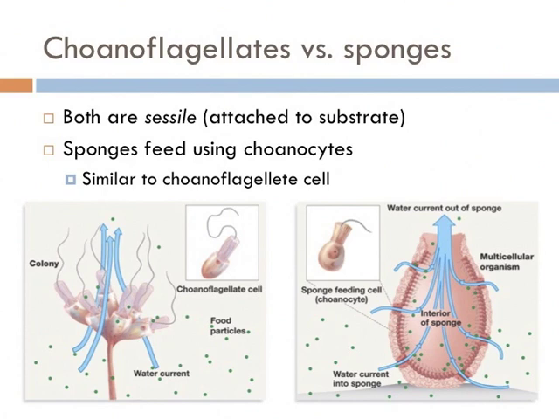In contrast, sponges are multicellular, and they feed with cells that structurally look a lot like choanoflagellates. In fact, they're called choanocytes. Where a choanoflagellate catches food particles in the open water, a sponge is shaped like a vessel in which water comes into it and the choanocytes capture food particles on the inside of the vessel. This allows for a more efficient capture of food particles, and it's the first tube within a tube design.